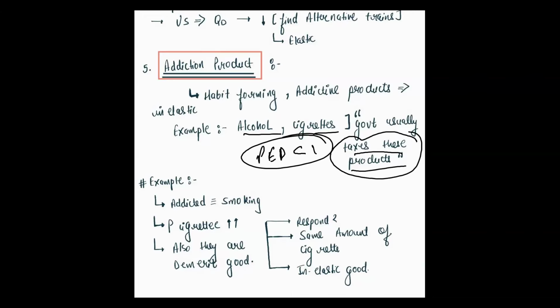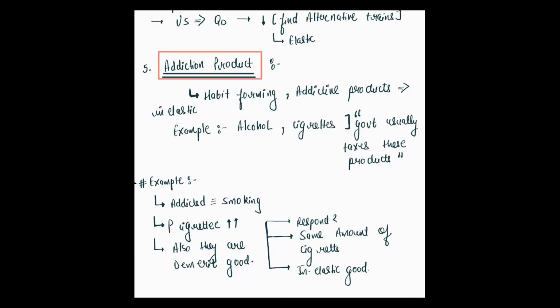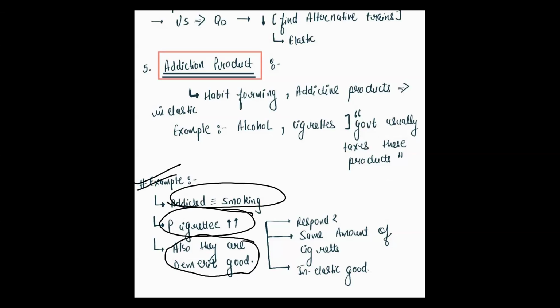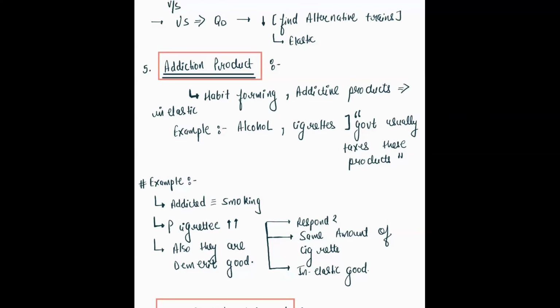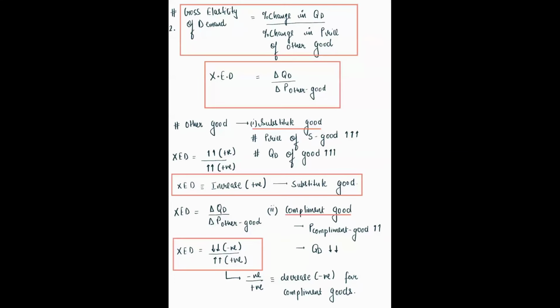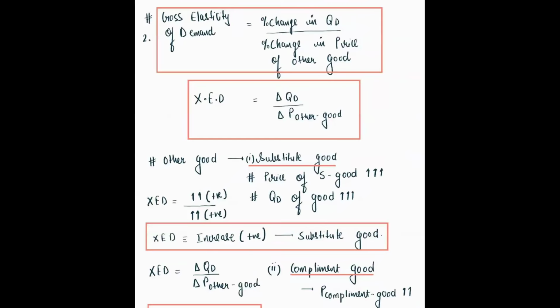इसलिए total revenue का एक question बहुत अच्छा बनता है इससे, कि taxes ज्यादा किस पे लगता है, elastic goods, inelastic goods किस पे लगता है. So it's completely inelastic goods because वो inelastic in nature है, they will not respond to the change in price. So if the government लगाएगा tax उस पे, government can earn from there. So example, addicted smoking, increase in cigarettes, also they are demerit goods. They are demerit goods ना. addictive products क्या होते हैं? demerit मतलब जो addiction से related चीजें होते हैं. Respond same amount of cigarette, inelastic goods. I hope it is clear to all of you now. Fifth one is also clear. Now price elasticity of demand is clear, right?